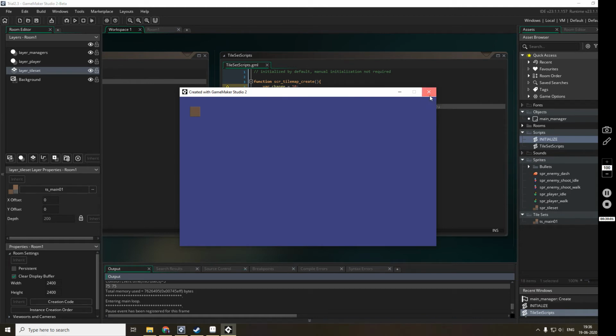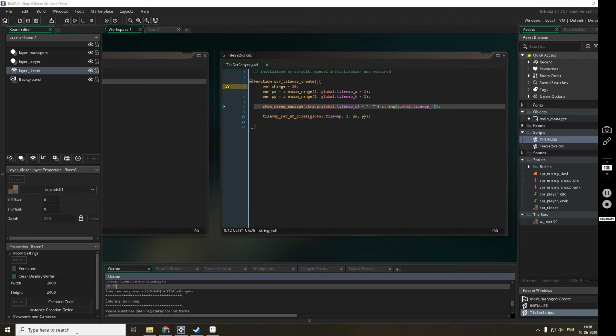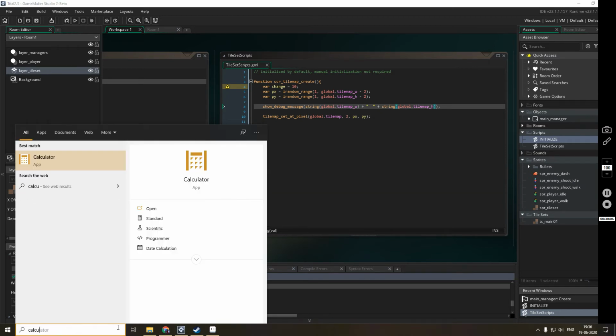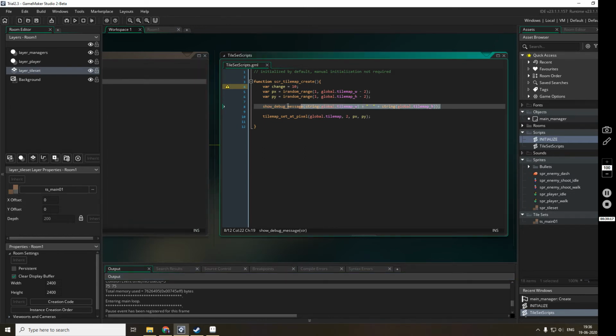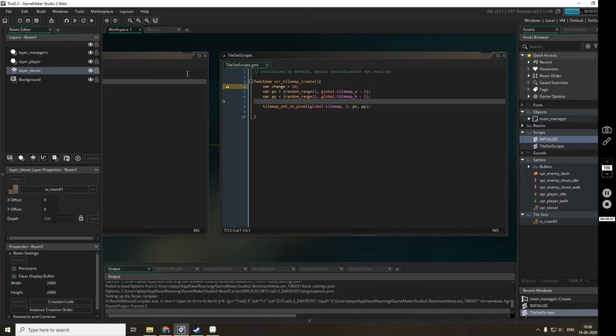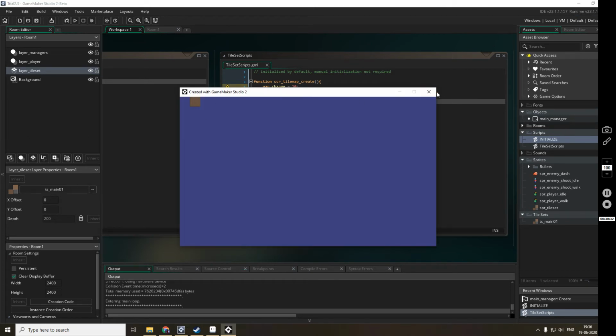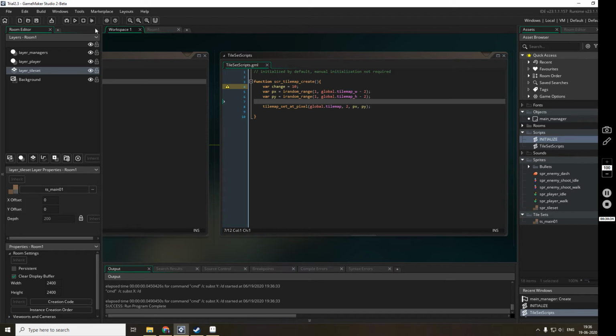Okay, so 75, I'll bring up the calculator. So 75 into 32 should be our room width and height. Yes it is, so it's correct. Now I don't know why we are always getting it very close to the left. It should be spread out evenly inside the room, even in places where it is not visible.